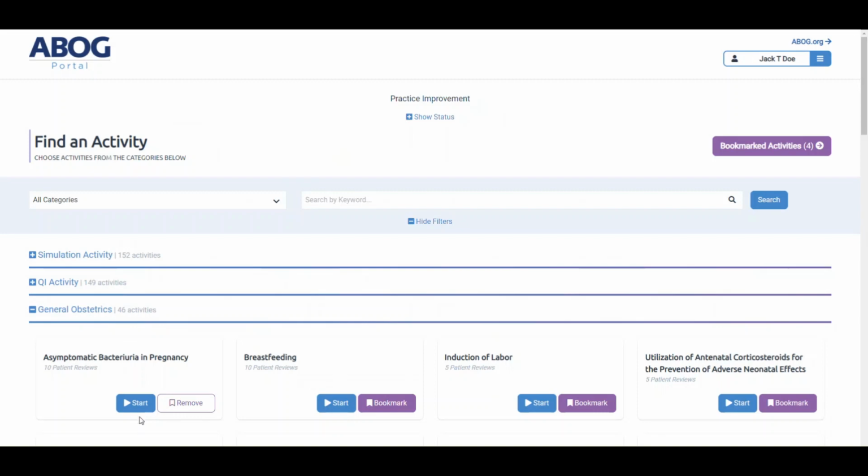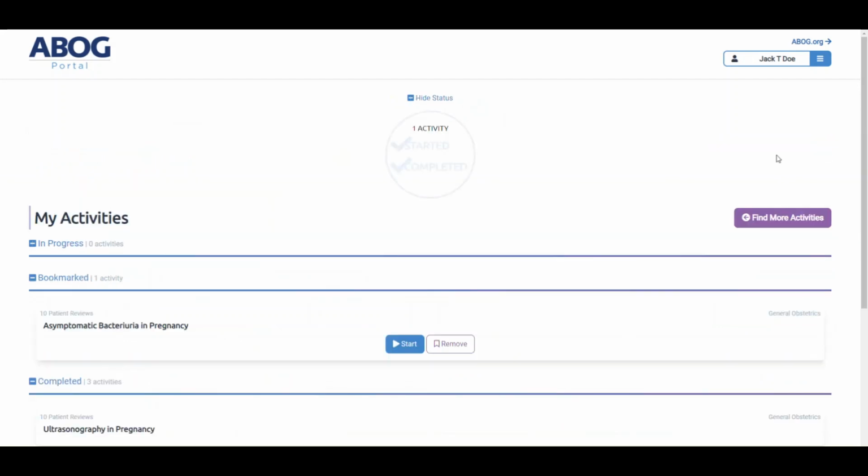If you've chosen to bookmark an activity or you have started but not completed an activity, to get to it, just click on the Bookmarked Activities button found above the filters. In this section, you'll see any activities you've saved to view, and you can locate an activity that is in progress. Once you've completed an activity, it will remain here under Completed, so you can reference it later if needed. All activities you have completed in your current cycle will also be listed here.